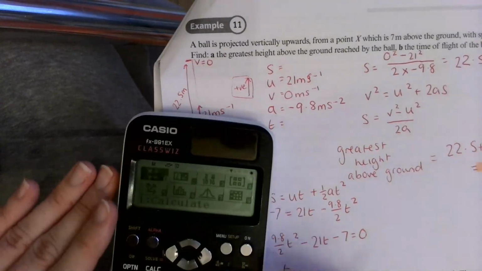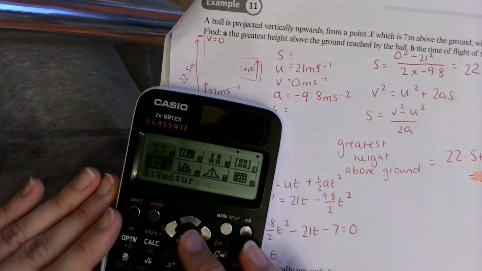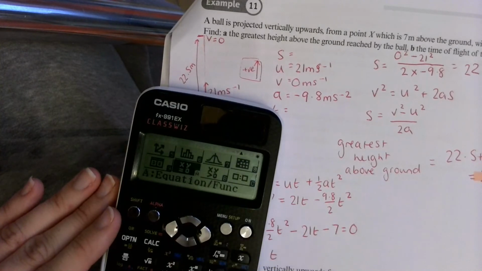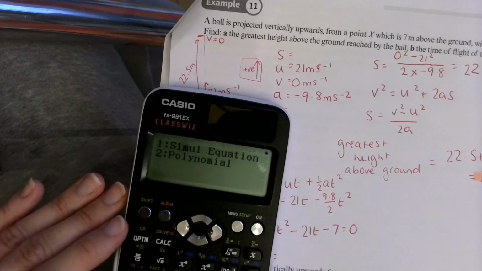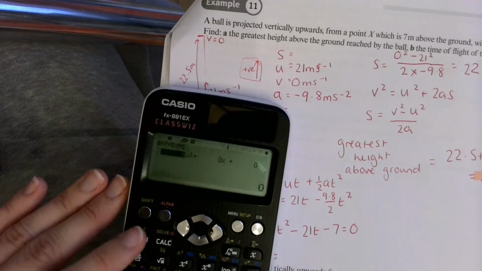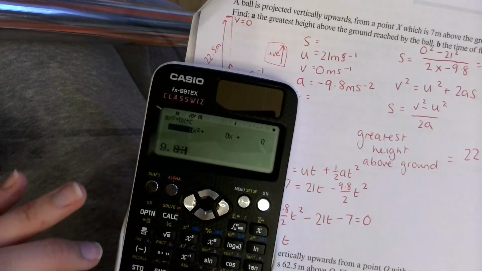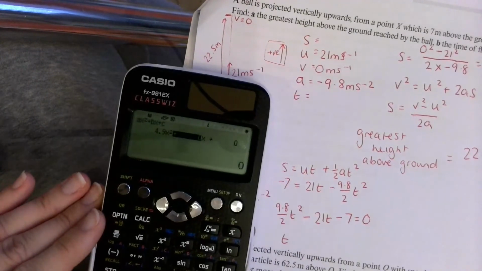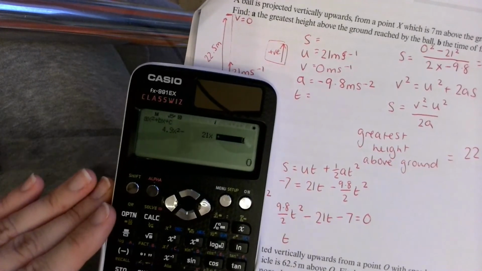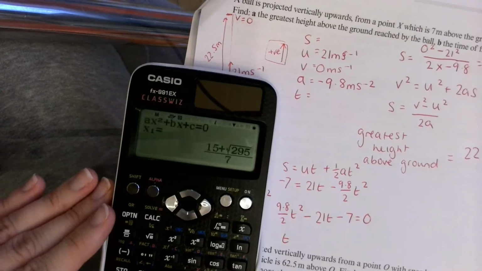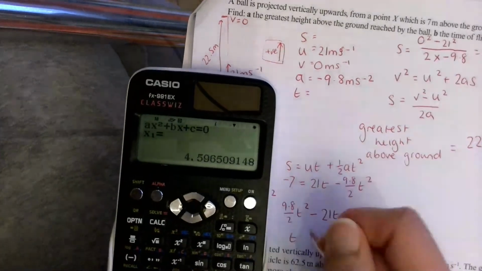So I'm going to use the equation solver. Here we go. And I've got a polynomial of degree 2. So first I've got 9.8 over 2, minus 21, minus 7. And I get that t could be equal to